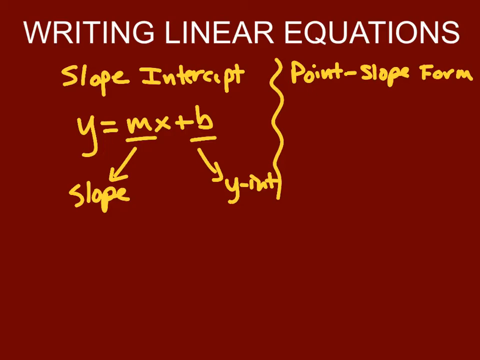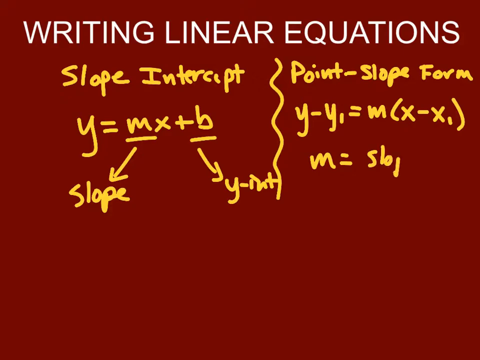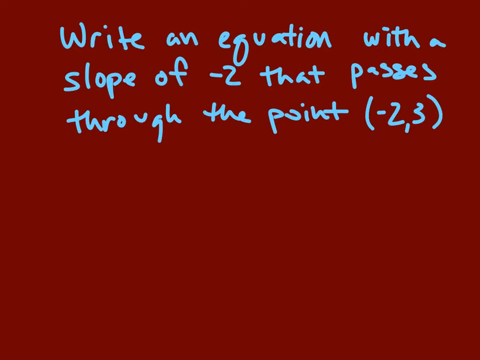In point-slope form, I use y minus y sub 1 is equal to m times x minus x sub 1, okay, where m is my slope, and I have a point x1, y1. Okay, I'll primarily use slope-intercept form, but I will show you both so that at least you're familiar with using both. All right, so in this example, it says write an equation with a slope of -2